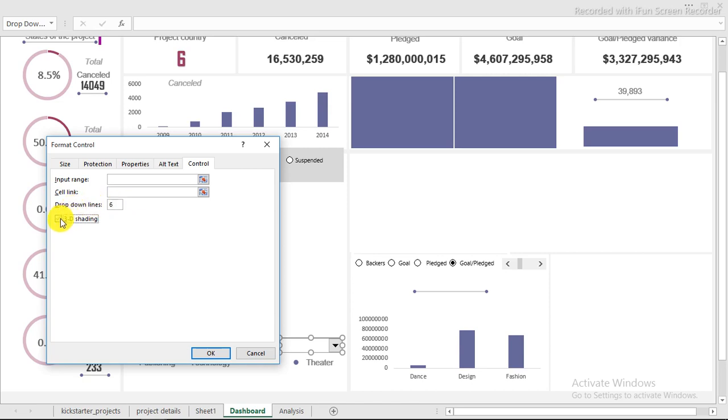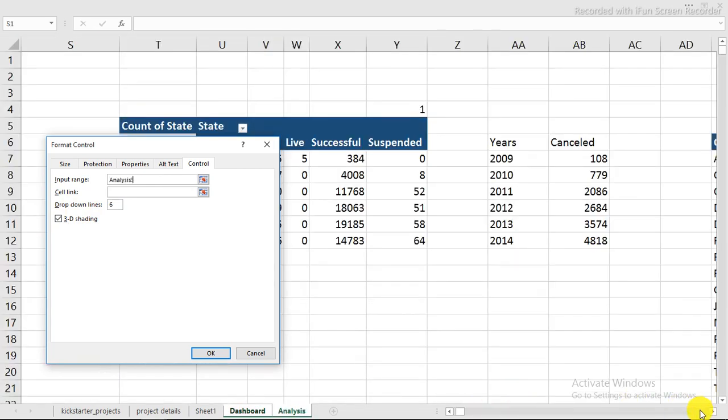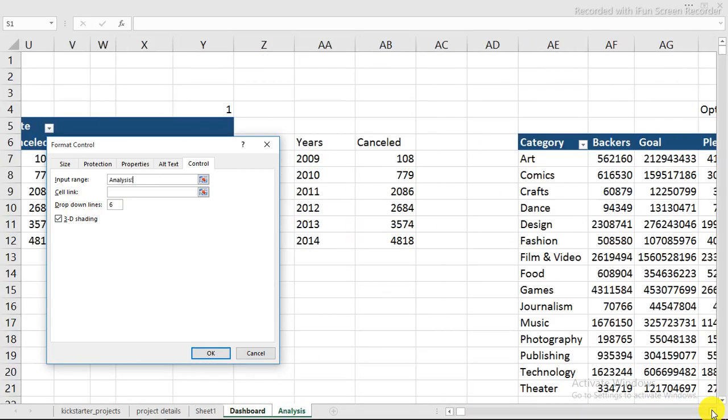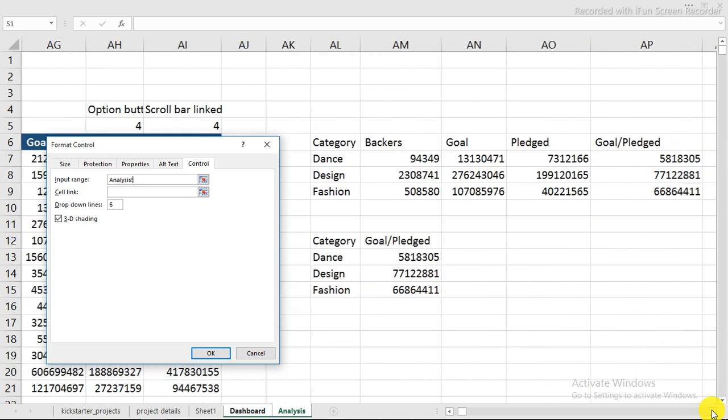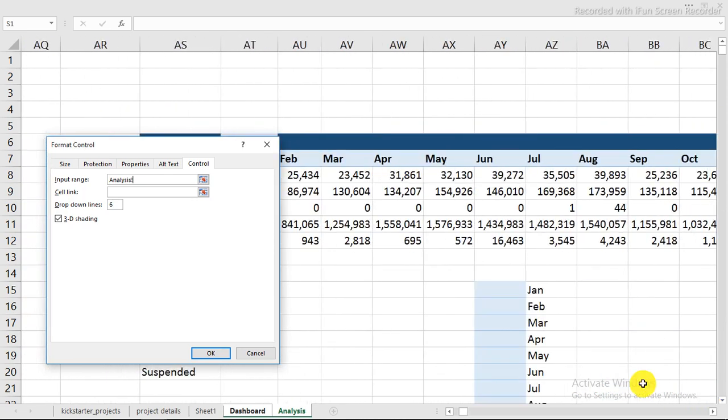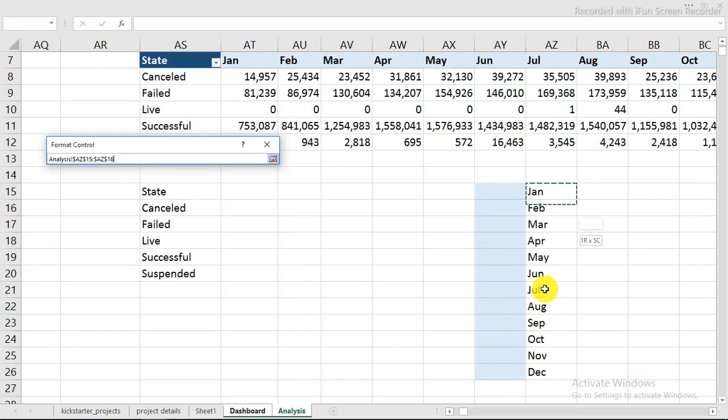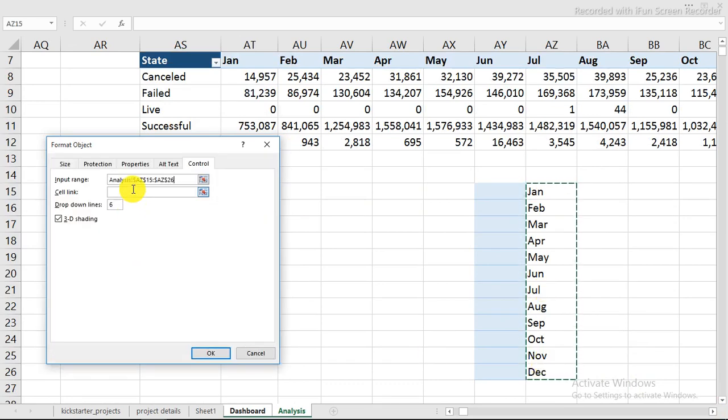So if we want to have a 3D on it, so you can actually have it. So input is what we want to have inside this combo box right here. And now it is time for us to get to where we have the data. I'm going to actually move clay down to there. Well, here is our data. So now this is what I want to have inside the combo box,